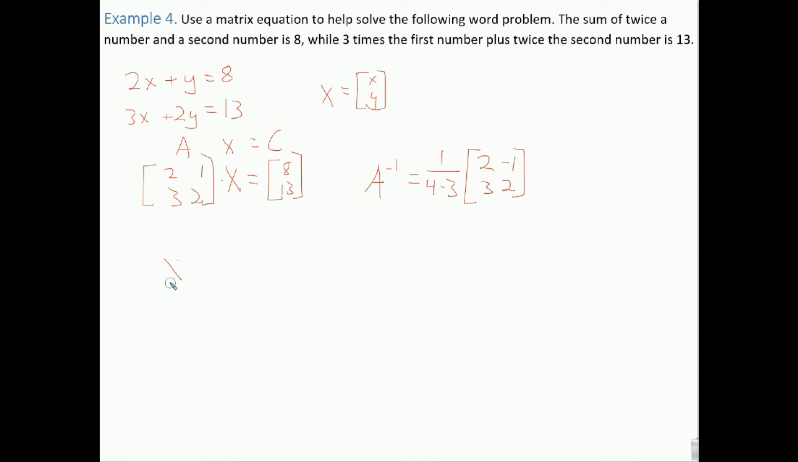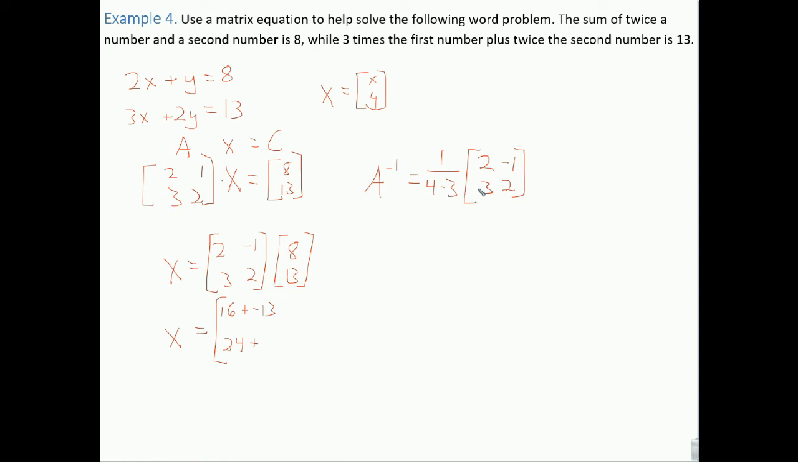And so in order to solve this, x is going to be equal to the inverse of A, which is [2, -1; -3, 2], multiplied by C, which is [8, 13]. Let's go ahead and do this multiplication. 2 and negative 1 with 8 and 13: 2 times 8 is 16, plus negative 1 times 13 is negative 13. And then 3 times 8 is 24, plus 2 times